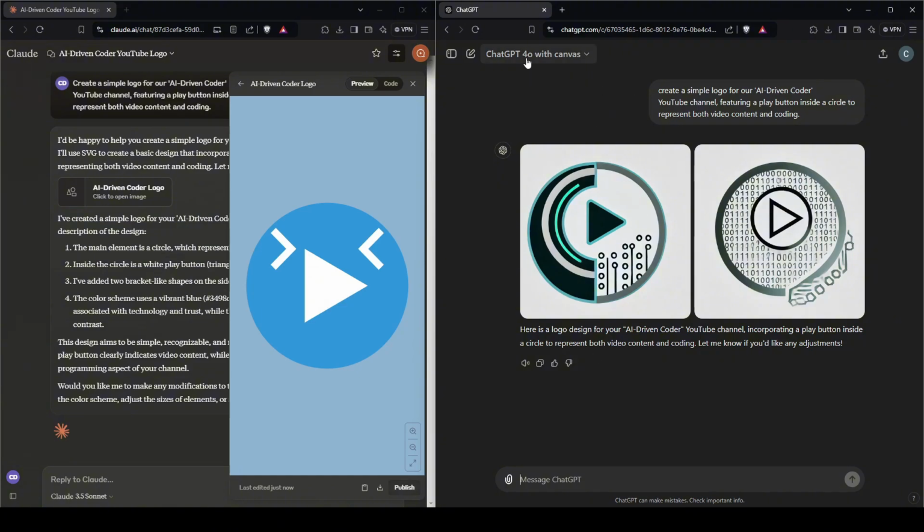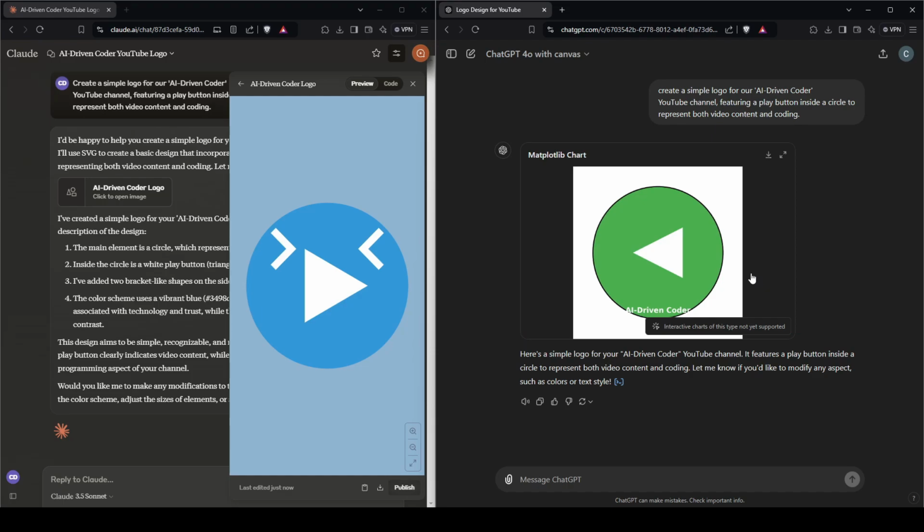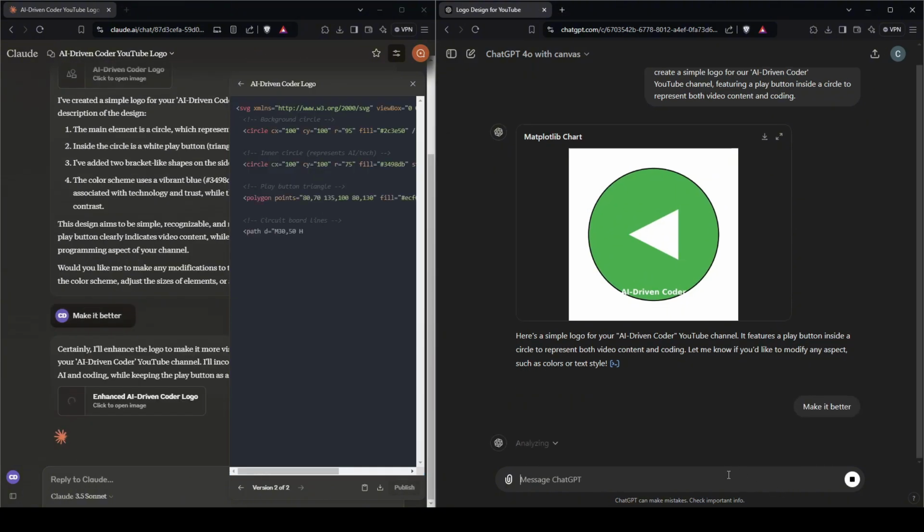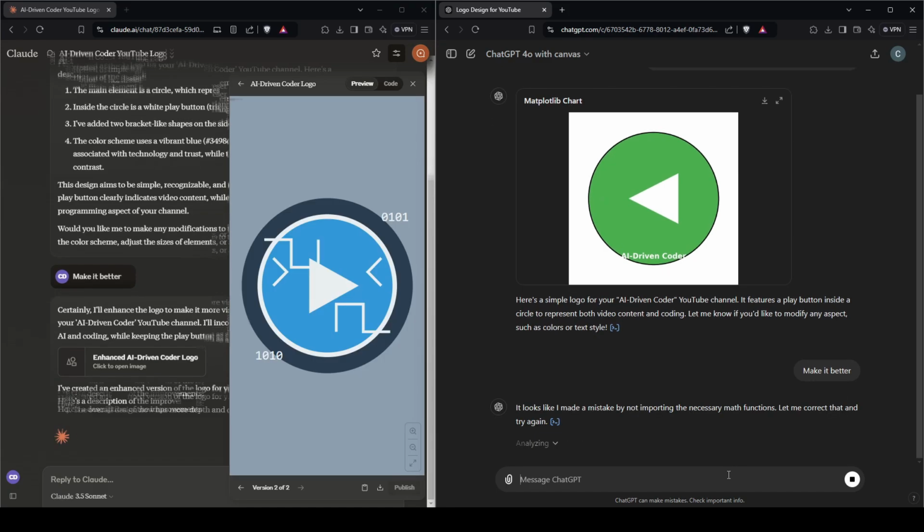So we can go back to that chat that we were using before. Both tools created a simple logo. Of course, we can ask them to revise it repeatedly to get what we really want in the end. Let's see what we can do here in Claude Artifacts if we want to make this logo better. So I will simply say make it better. I will do the same with ChatGPT so we can see it simultaneously, saving time.